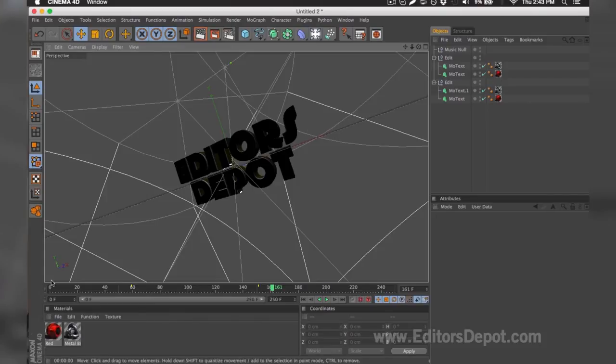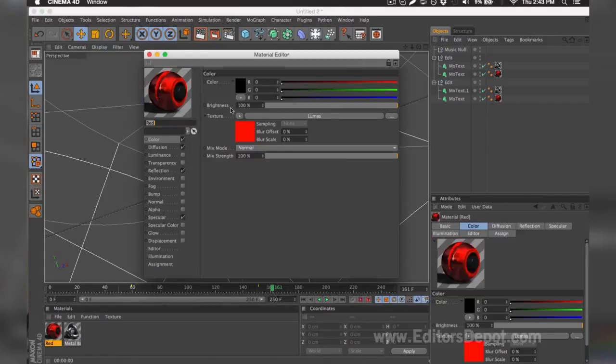But if you're not happy with the colors, you can simply come down below, double click it, and make any modifications you wish. Whether it's make it green, make it blue, or blend it all together and make a little purple. I'm going to go ahead and keep it this way,